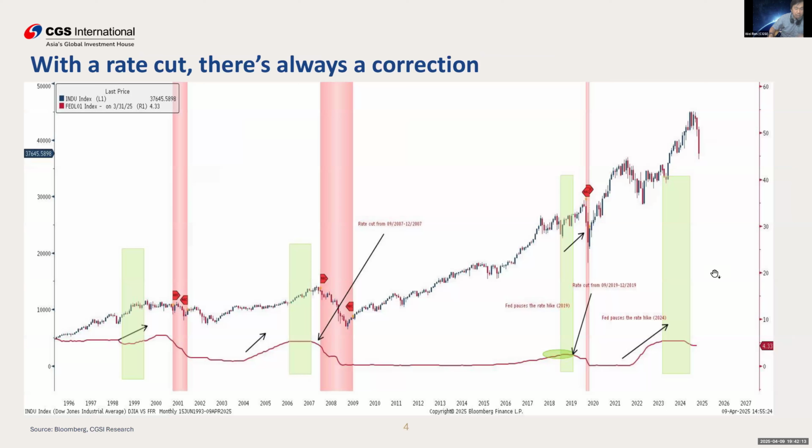All right. And second thing, I think rate cut. I think last year, Jerome Powell actually performed a rate cut. So with rate cuts, I think every time there's a 3-year cut, there is a possibility of a market correction. You can call it recession, but for now, I don't think that we call it a recession. You see that every time it had a rate cut or a rate pause followed by a rate cut, we see a correction follow thereafter. So this time round, it doesn't surprise me.